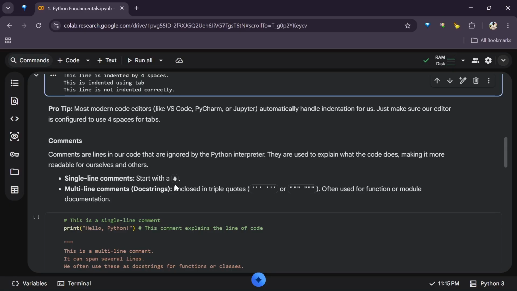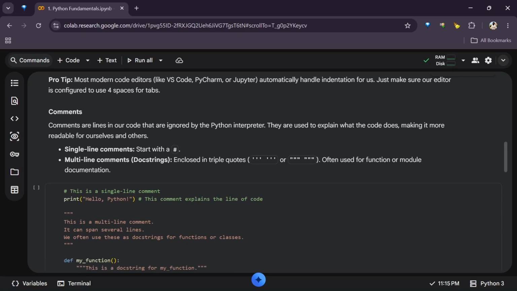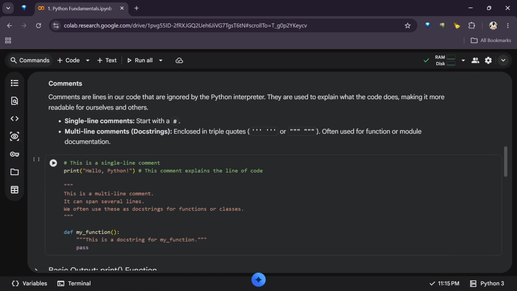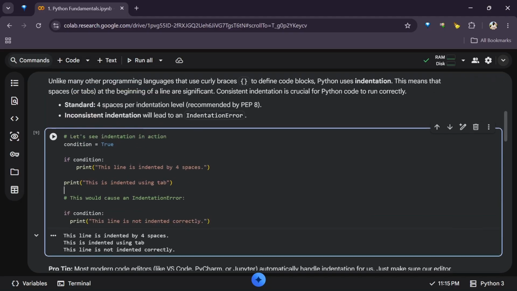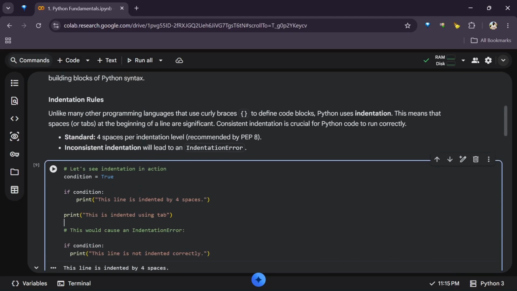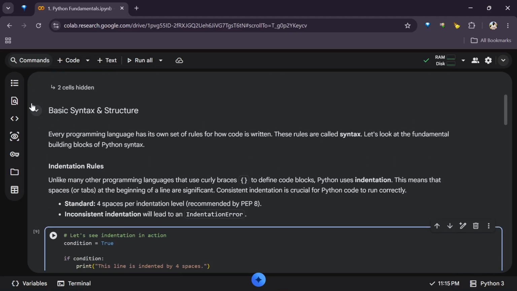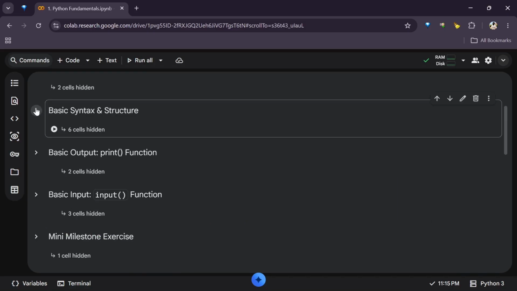We can use them in functions or modules for documentation, so that we can know this is what this function will do, or this is what a particular module is meant to do. What is a module? We'll find out later as we proceed. So this is the basic building block for Python that you should know.